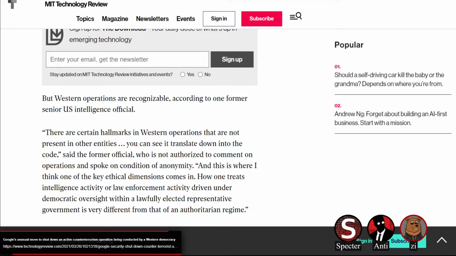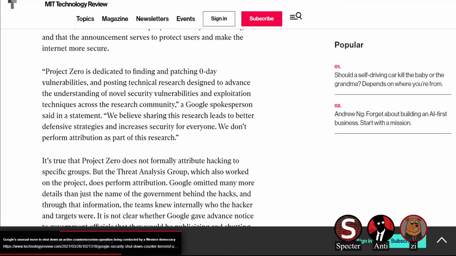I guess tying back around to where the controversy was with this: the fact that they did decide to alert that these 0 days existed, rather than just quietly sweeping them under the rug, encourages getting these fixed and basically puts a stop to a Western operation. So there were kind of two sides to the story.